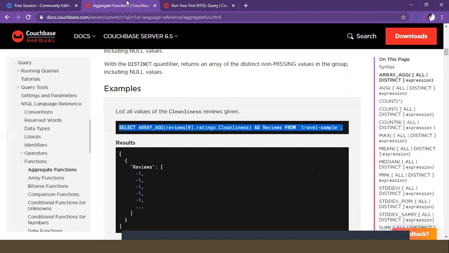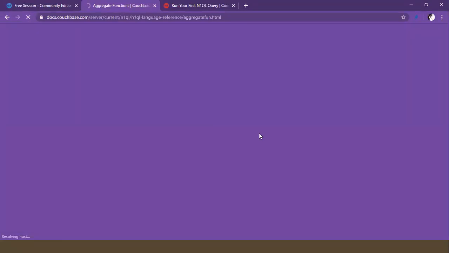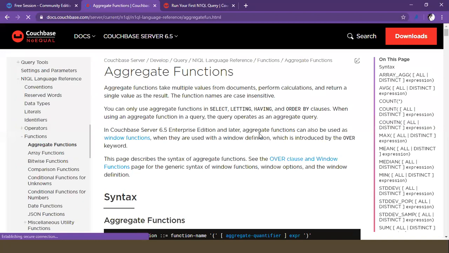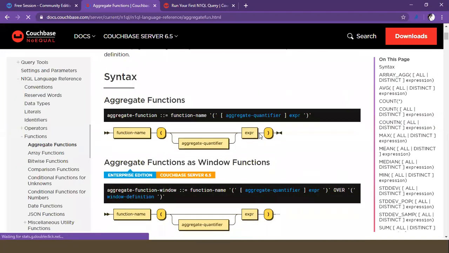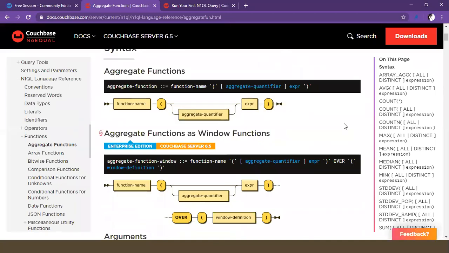If you go through, sorry, it's crashed. If you go through the official documentation, you will see it is easy to understand, but definitely something changes there. It is not directly SQL. It is similar to SQL.